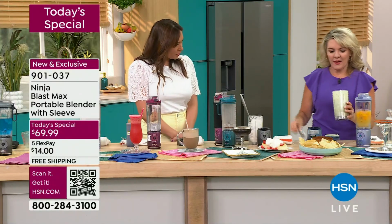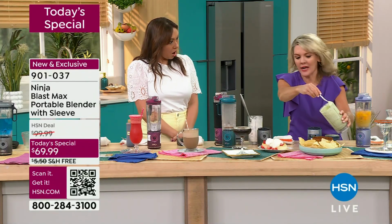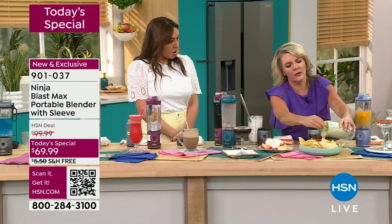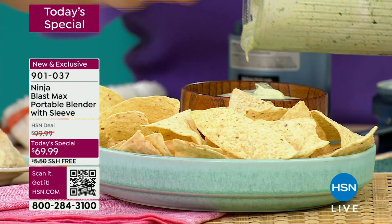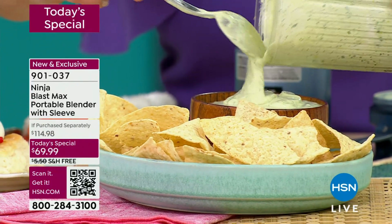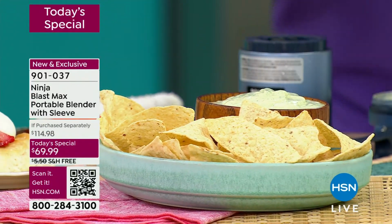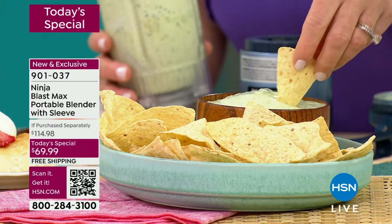So what did you put? It looks like... It's an avocado salsa. So this had a whole avocado in it. An entire, oh, look how creamy it is. Whole avocado. I put avocados on my taco. The avocado salsa. Cilantro. You know what's so good? You don't see big pieces of leaves. You don't see chunks of avocado. You see a beautiful, fresh...